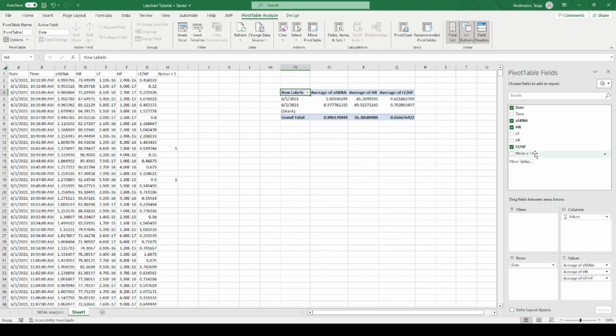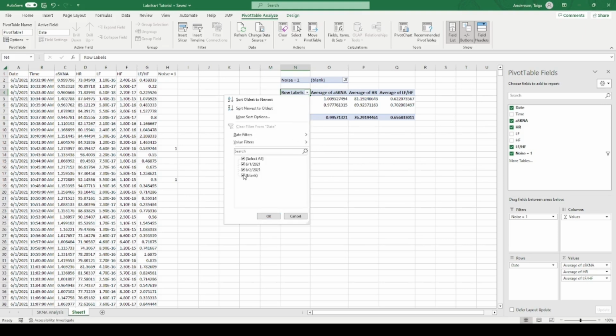I also want to drag noise equals 1 to filters and make sure we're only analyzing clean recording by deselecting 1. I'm going to clean this up a little bit,